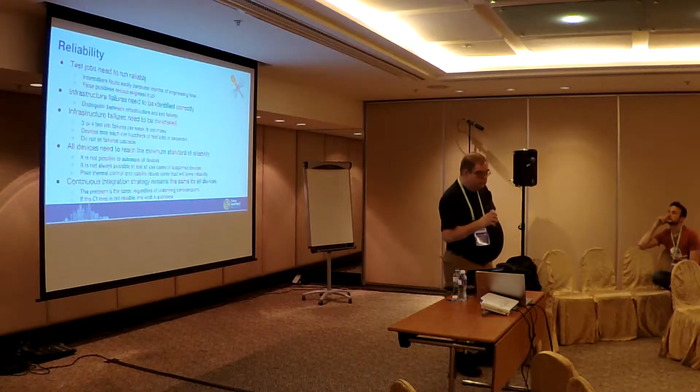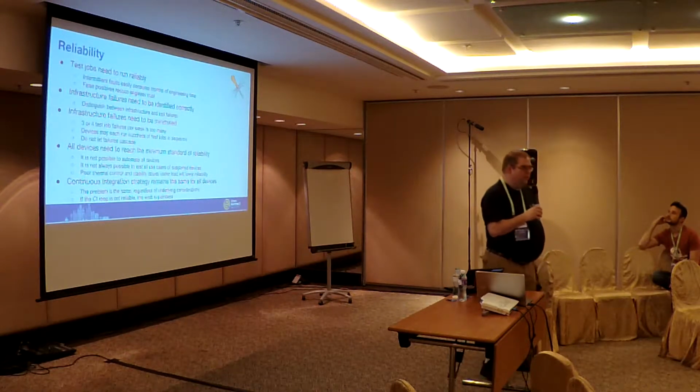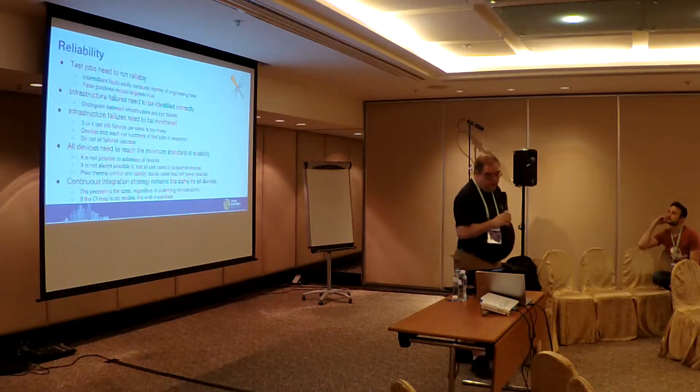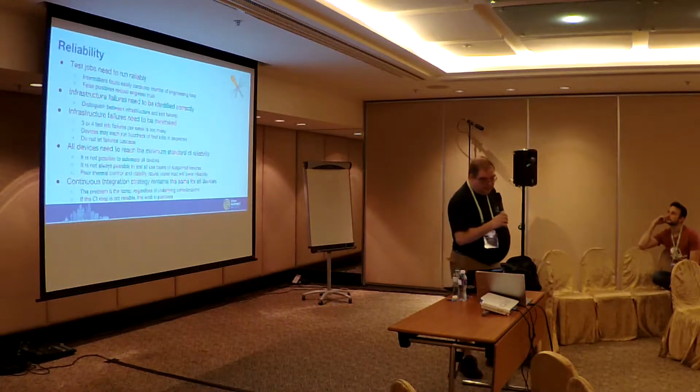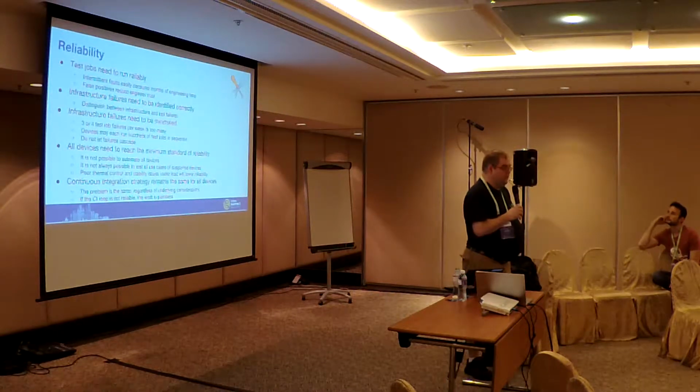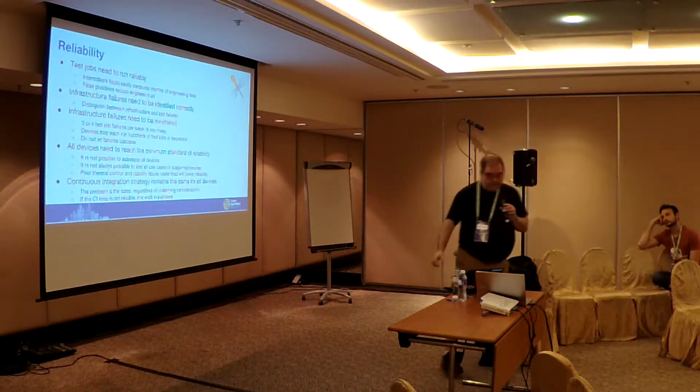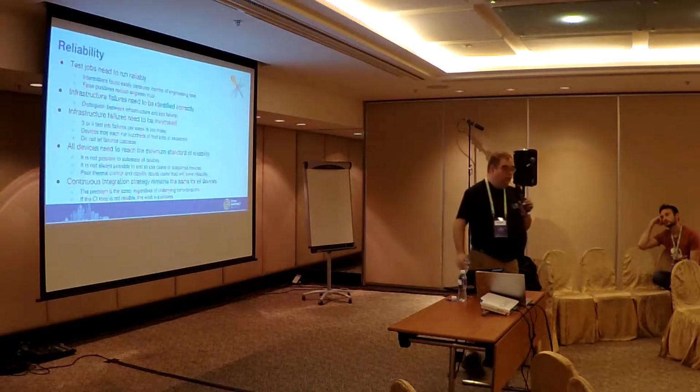So, reliability. First, a lot of these are truisms, but I'll say them anyway. Your test jobs need to run reliably. Intermittent faults easily consume months of engineering time. We've seen this. False positives reduce the trust of your engineers. If you're telling your engineers that their software is failing, and after a few iterations of looking through the logs they say, this wasn't my fault, something broke in the lab, something broke on a device, they stop caring. They're not going to be paying attention. If you ask them to fix the bugs that aren't theirs,